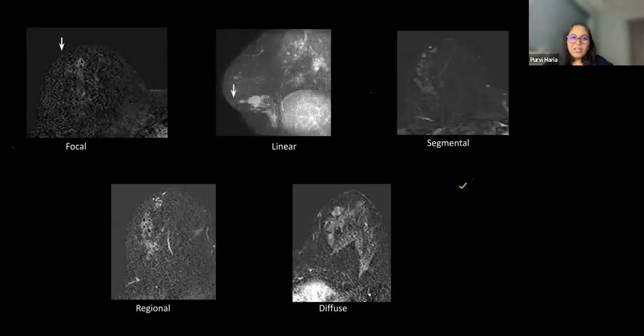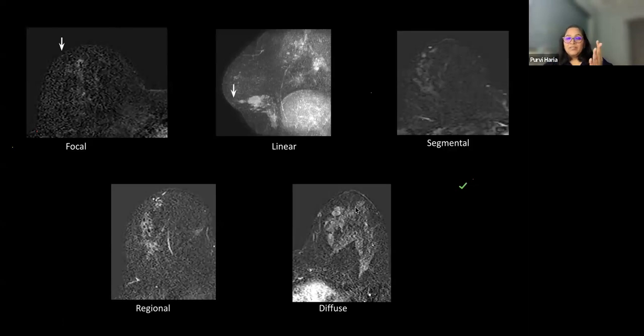So this is a focal area of non-mass enhancement. Whereas here you see this is the mass, and this anteriorly, which is going, is a linear non-mass enhancement. In this case, there is this V-shaped triangle which is towards the nipple, so this is a segmental distribution of non-mass enhancement. When one region is enhancing, it is regional non-mass enhancement, and diffuse is when the entire breast is